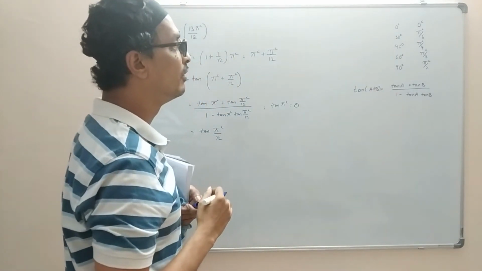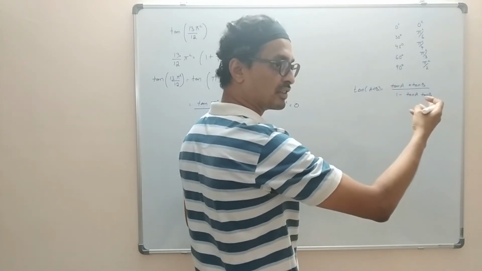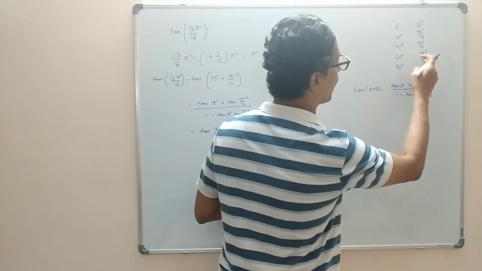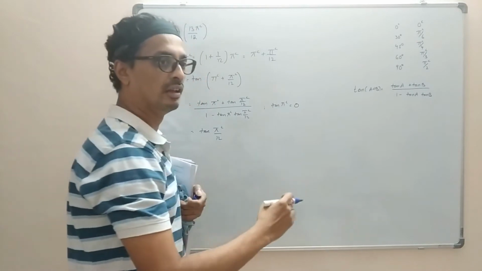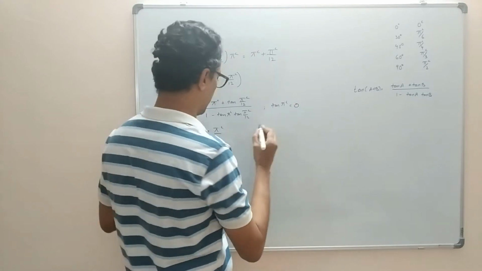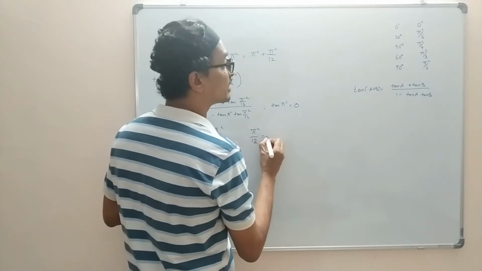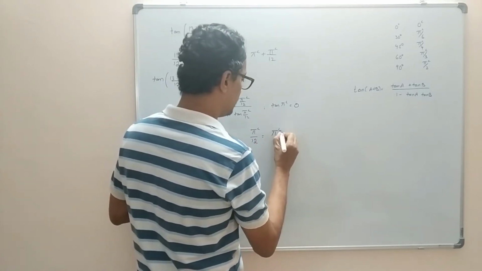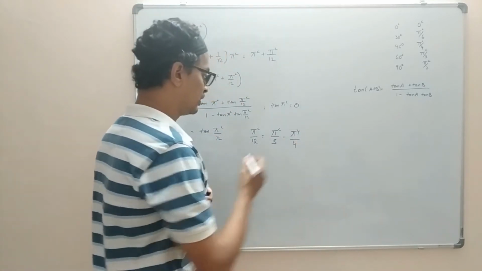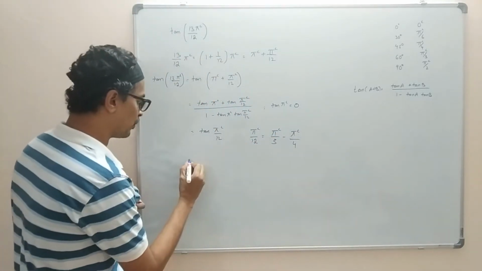Yes. Pi by 4 minus pi by 6 is also possible. You'll find the same answer. I can also take pi by 3 minus pi by 4. That is simple, so you can do it that way also, and you will get the same answer. So pi by 12, I can always write as pi by 3 minus pi by 4.